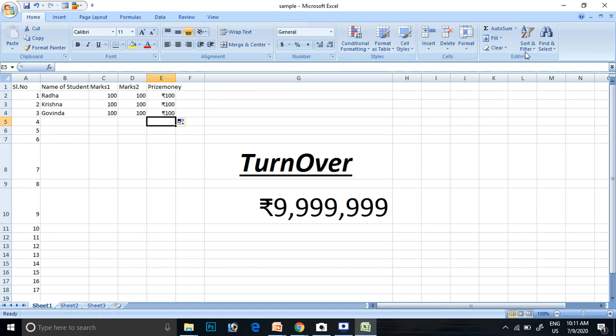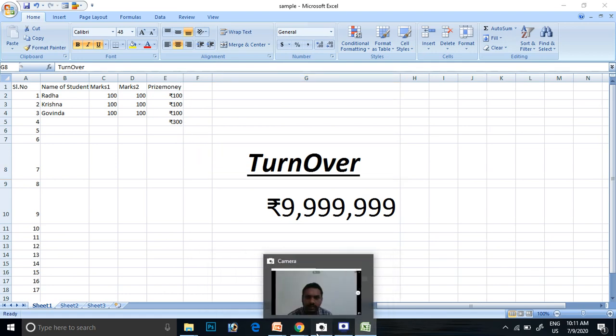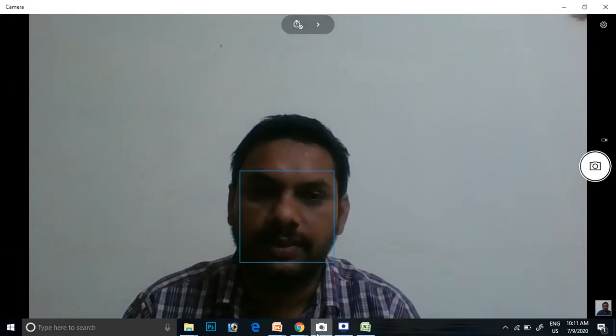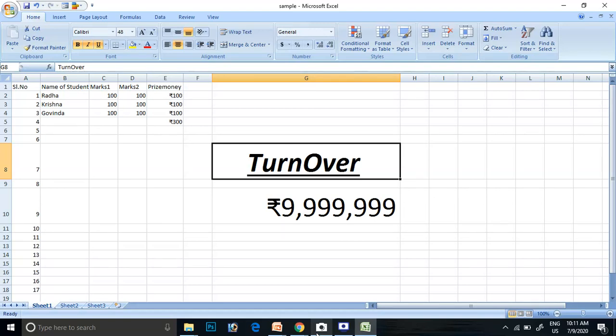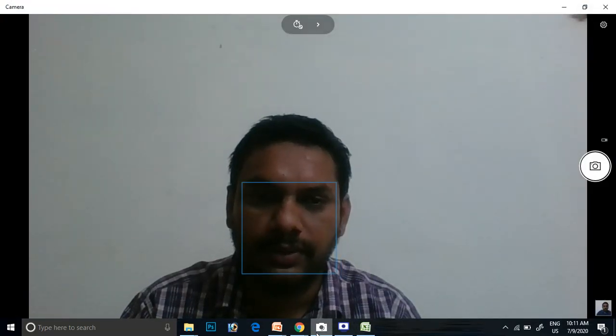We make some here, if we auto sum, the rupee symbol is also coming here, rupees 300, like that. You can have some options here, prize money options, various options available here. So in that way we can have different prize money options, different rupee symbols, different dollar symbols for making rupees or prize money like that. If you select this particular stuff,